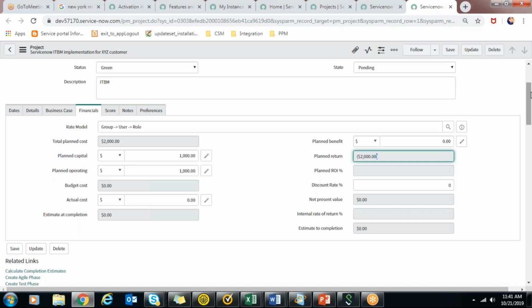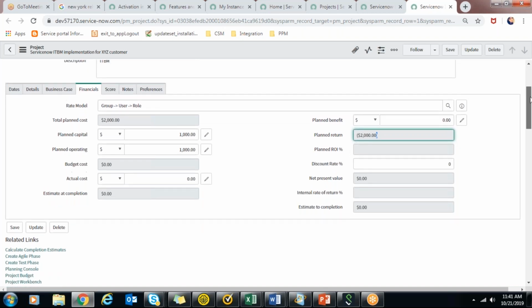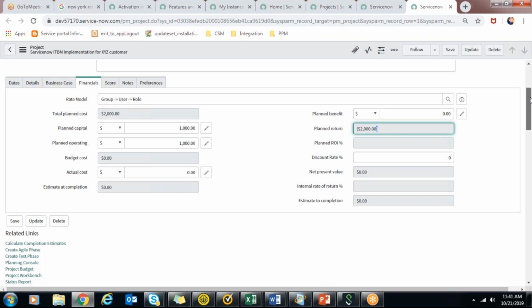All these financials in depth we can have in some other session, but for now the basic understanding is of what a planned cost is, and how operating cost and capital cost contribute to the total planned cost.